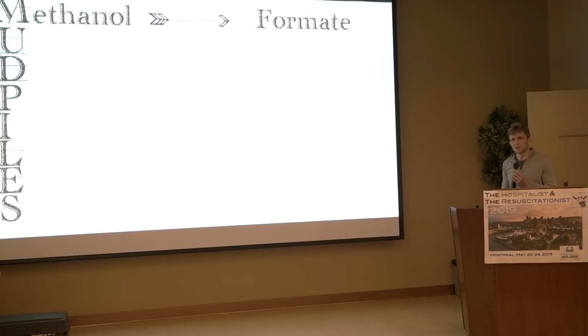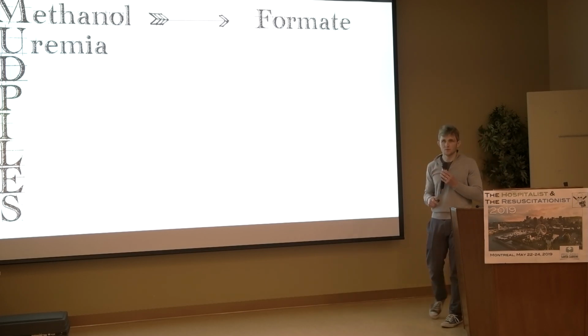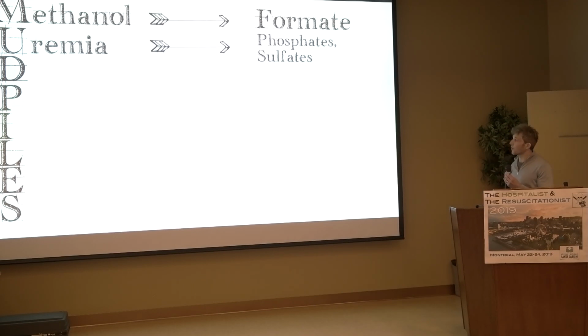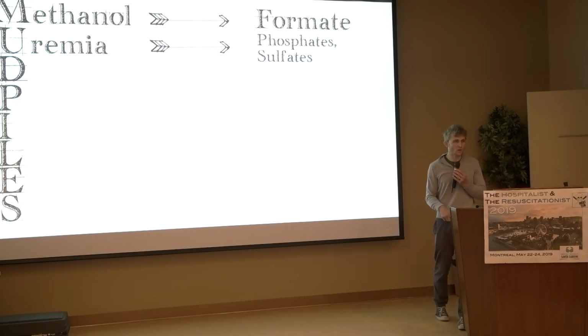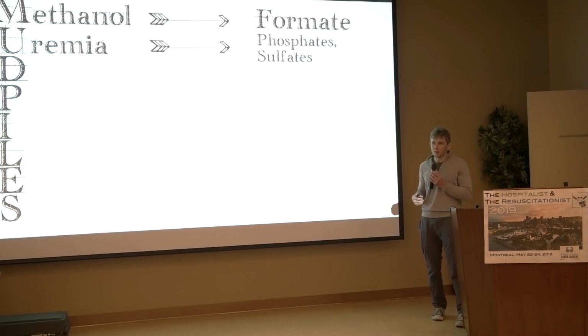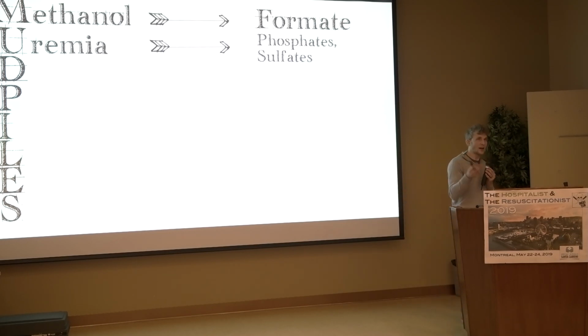U is for what? Uremia. What's the anion? It's not uric acid. It's actually phosphates and sulfates. This is why when you have people with chronic renal insufficiency, you give them phosphate binders to try to bind out that phosphate. And so we use the BUN as a surrogate for what's actually filling the gap. But this one's a little tricky because you can't actually quantify it. Just because your BUN is 90 doesn't mean the elevated anion gap of 25 is fully filled by phosphates and sulfates.